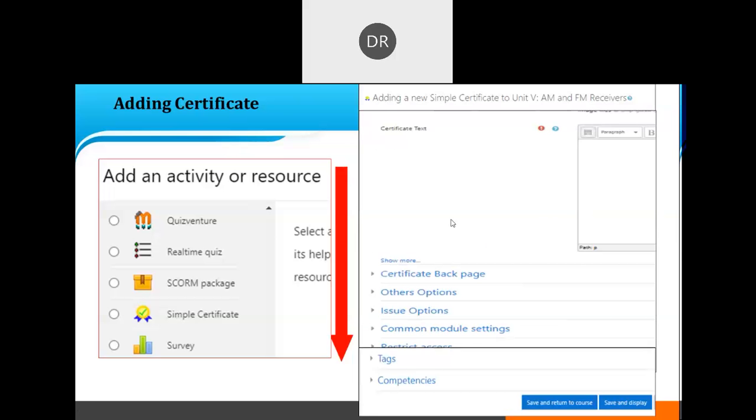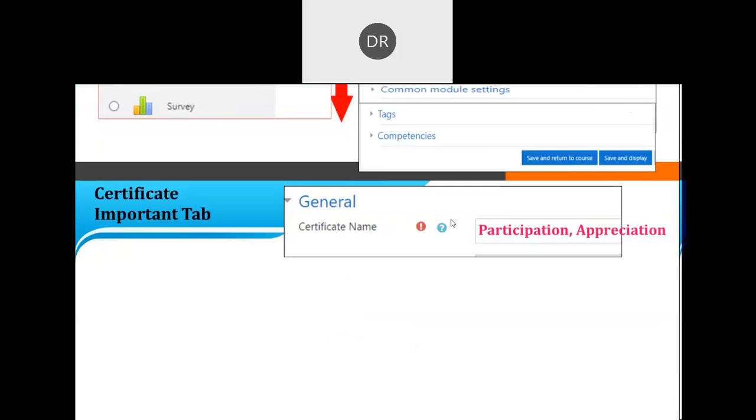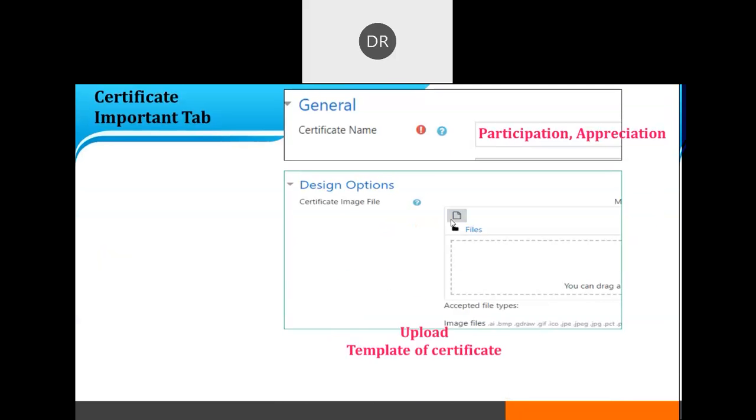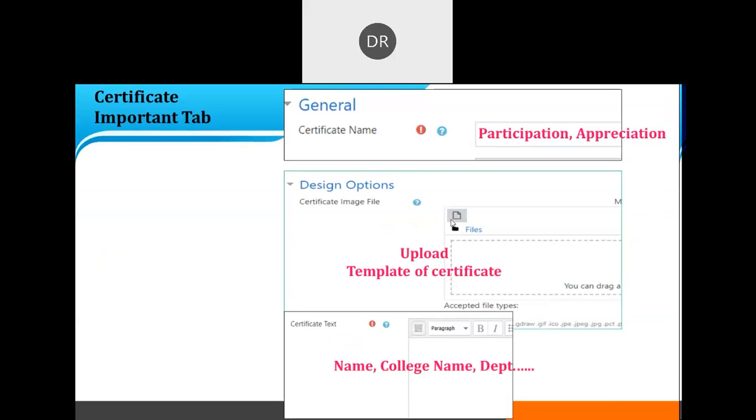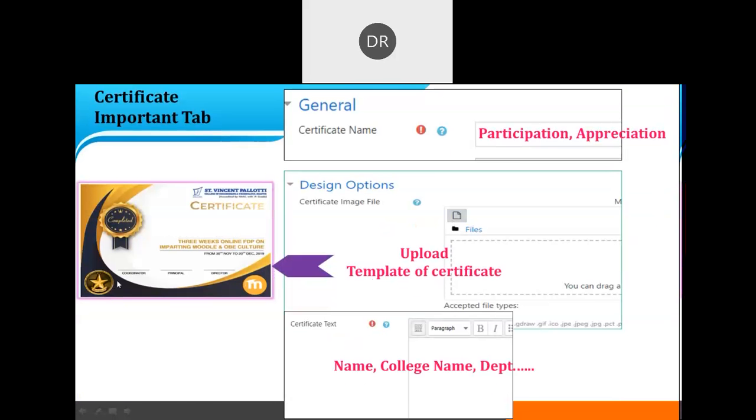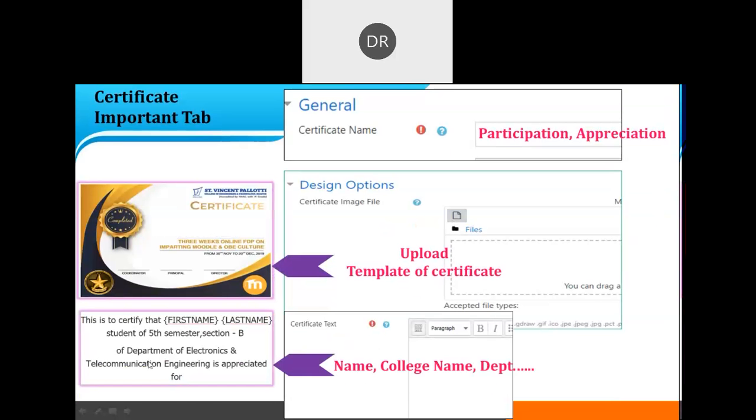Okay. So the certificate is divided in two parts. First of all, template like this. Text is missing here in the template, and another part is the text.